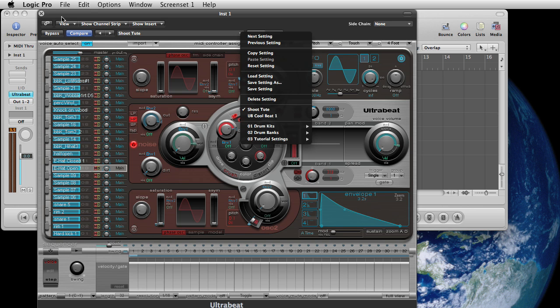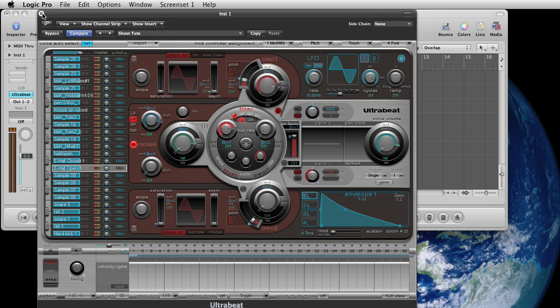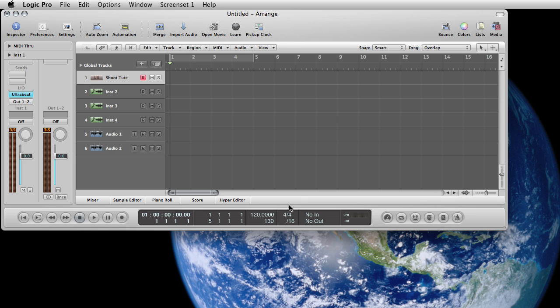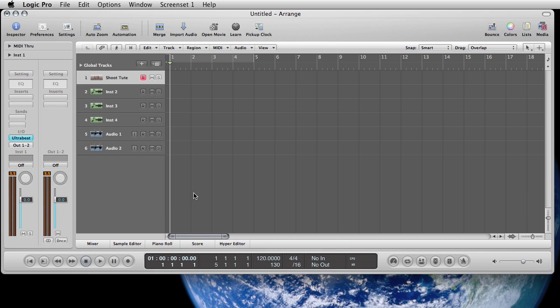And that should do it. That is the way that you can create your own drum kit using the UBS and EXS patches together. So go out and use that a little bit, play around, have some fun with it,